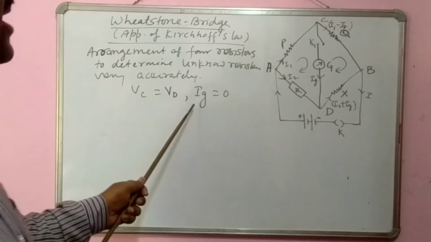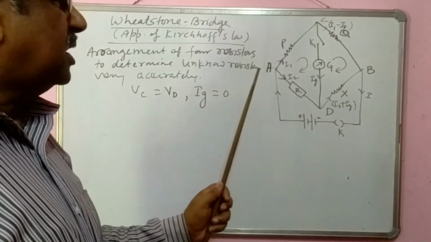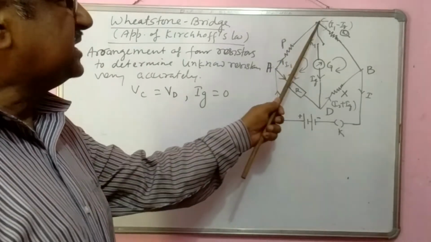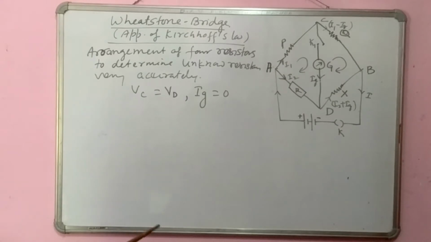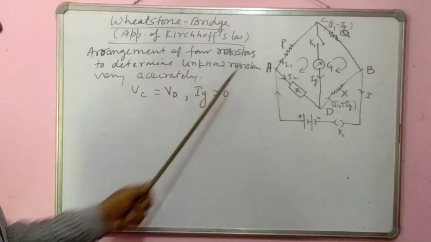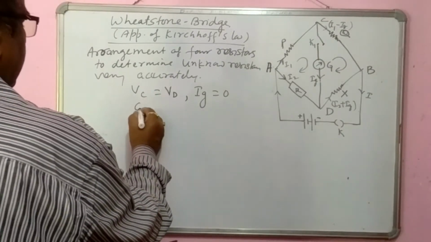Ig is the current passing through the galvanometer in unbalanced condition, but when potential at C becomes equal to potential at D, the current through the galvanometer will be zero,